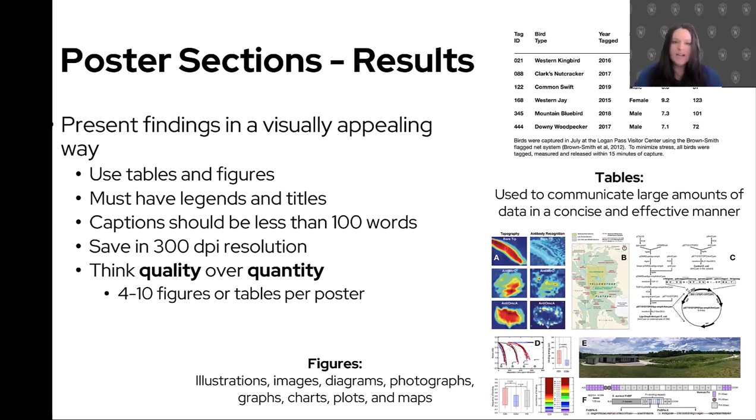So all of these must have legends and titles so people can understand what the data is you're representing here. They should be only 100 words or less. You want these to be good quality visuals, so over 300 DPI. If you are unsure about how to do that, I could help, but also Google can help. It's pretty easy once you figured out how to, look at that, adjust it, and all of those things. But the learning curve can be kind of challenging at first.